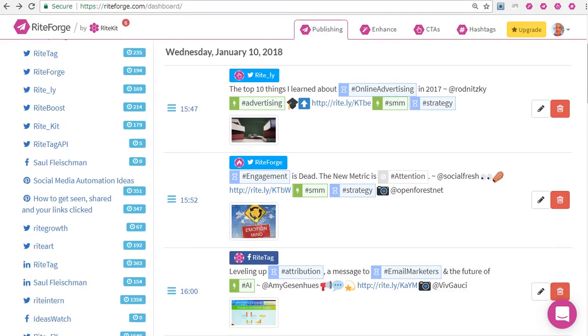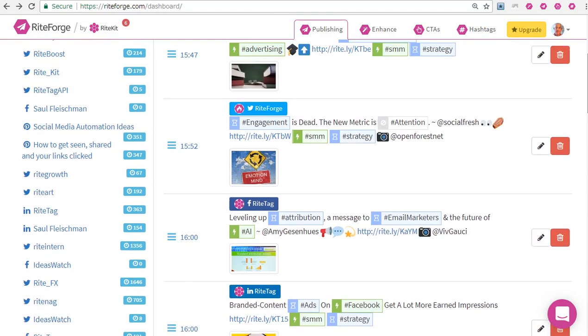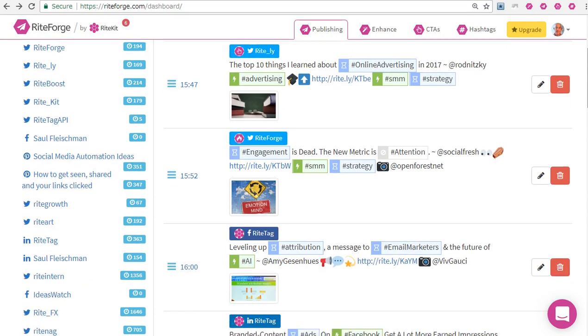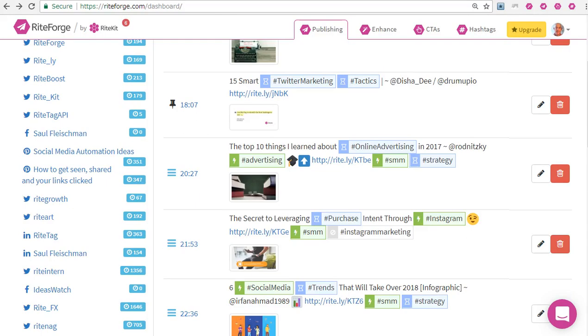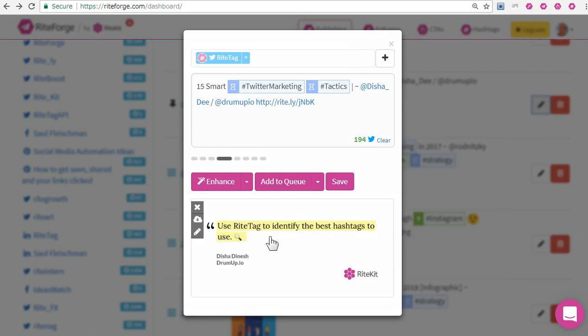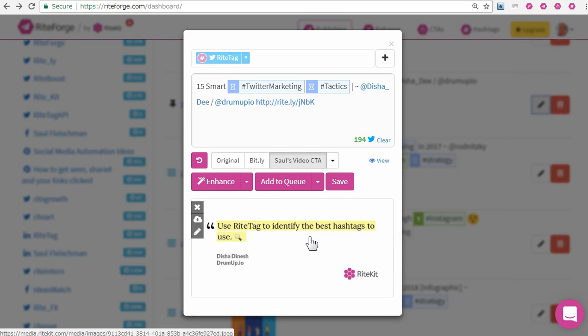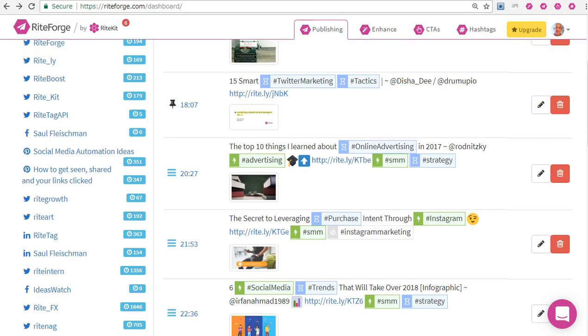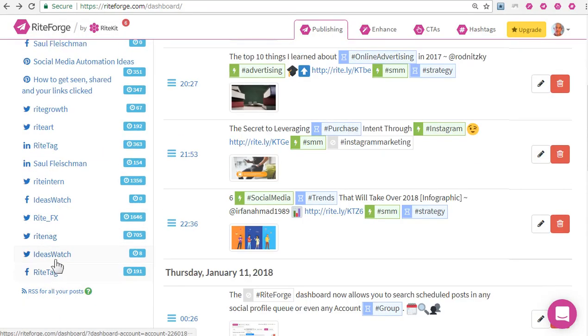I've got 6,475 posts scheduled. Whole bunch of Twitter accounts, Facebook, LinkedIn, Pinterest, and for a lot of these posts I have an image extracted from URL, and in some of them I have an image which is generated from highlighted text or the title of a page. And here you see I've got a RiteKit logo, what we start you with by default. But then, say for